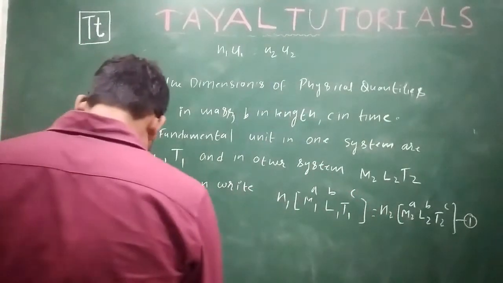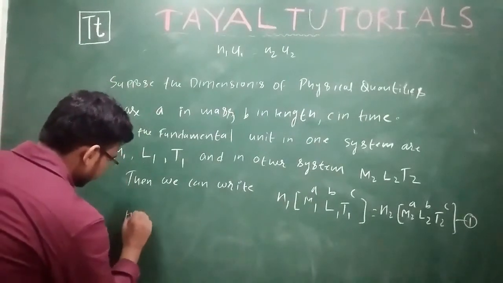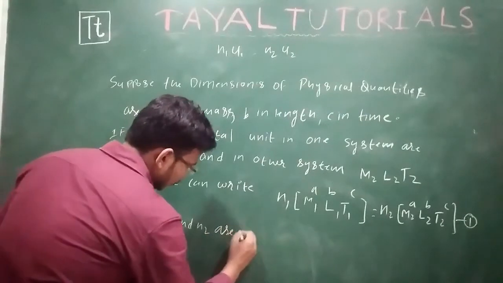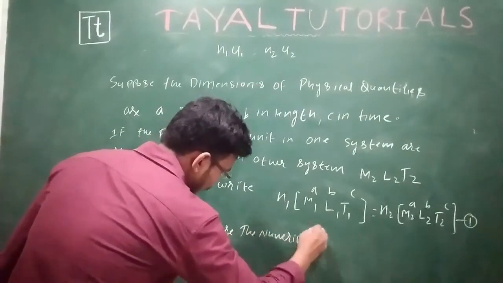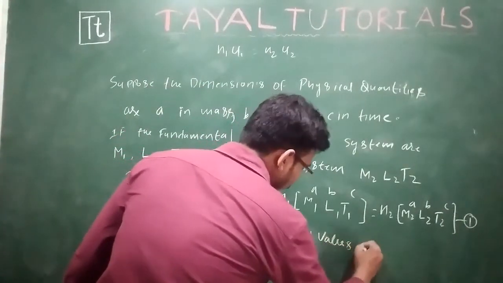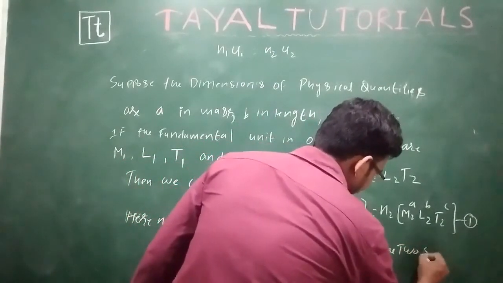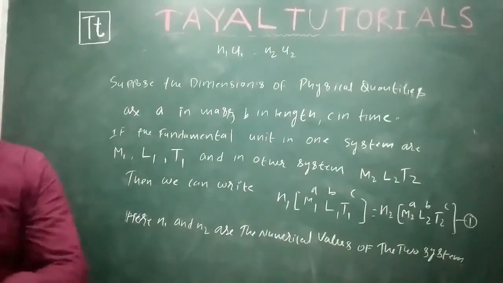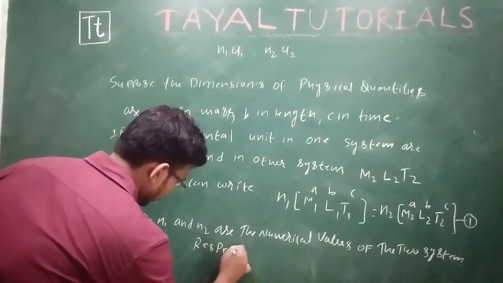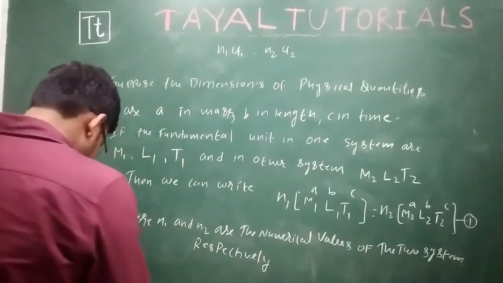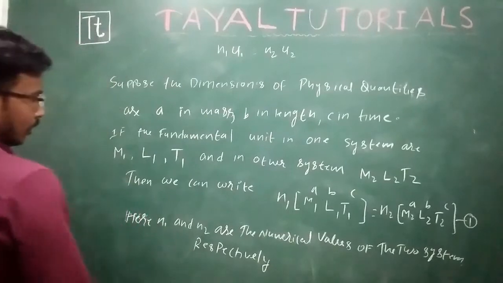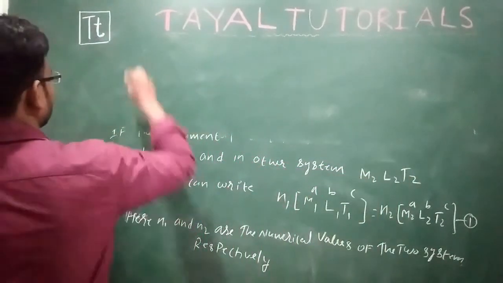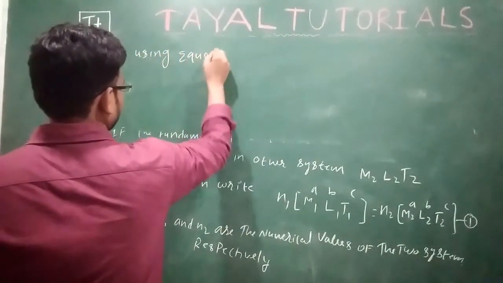Here N1 and N2 are the numerical values of the two systems respectively. Now, using equation 1,